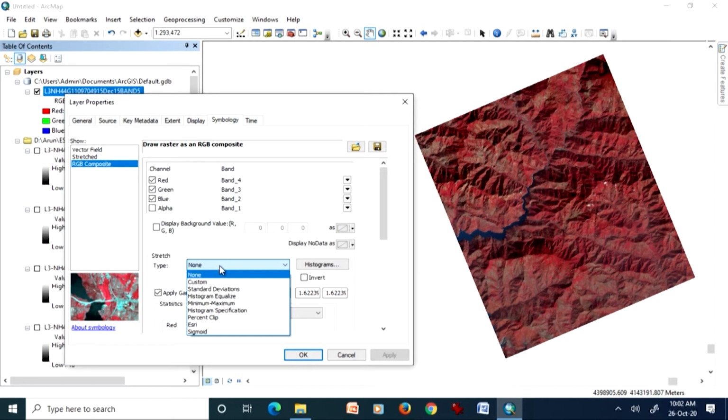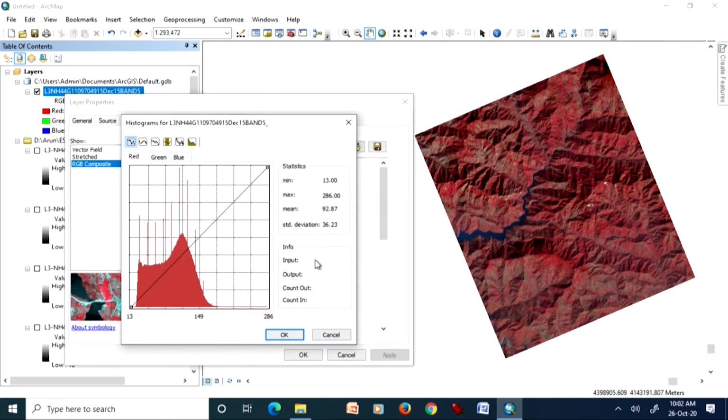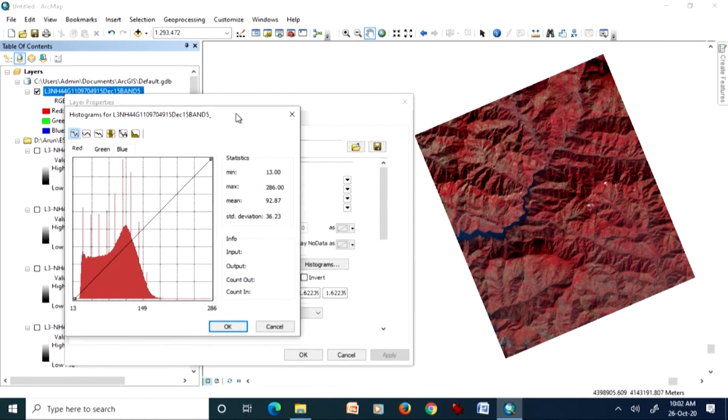So, various stretching schemes are available, but before going for any stretch, the first requirement is to study the distribution of pixel values in the image and some statistics about it, for example the minimum and maximum pixel values, the mean value and the standard deviation.